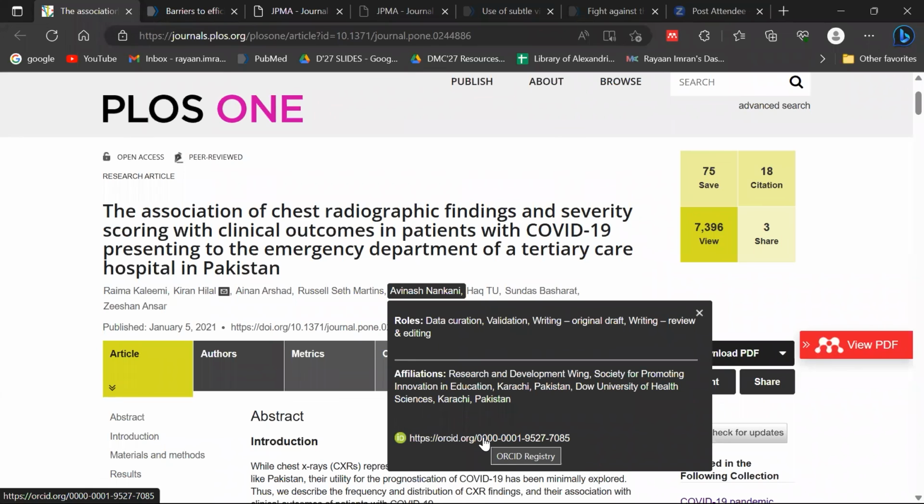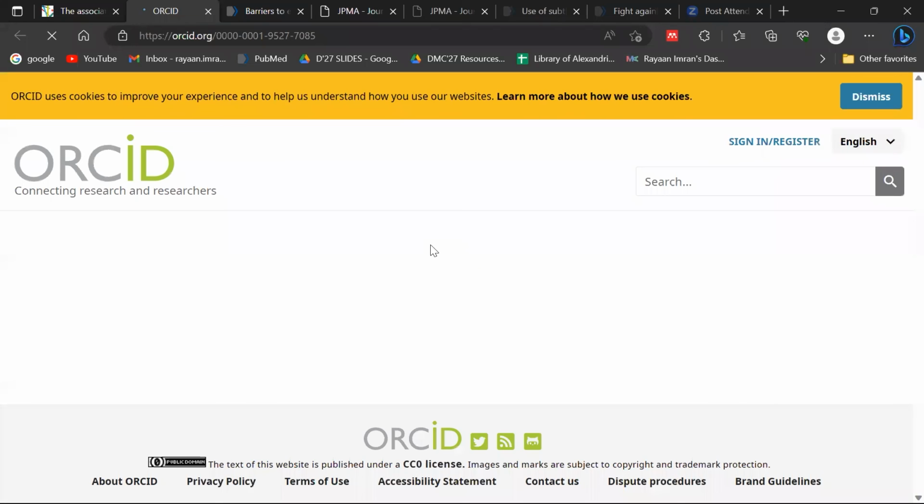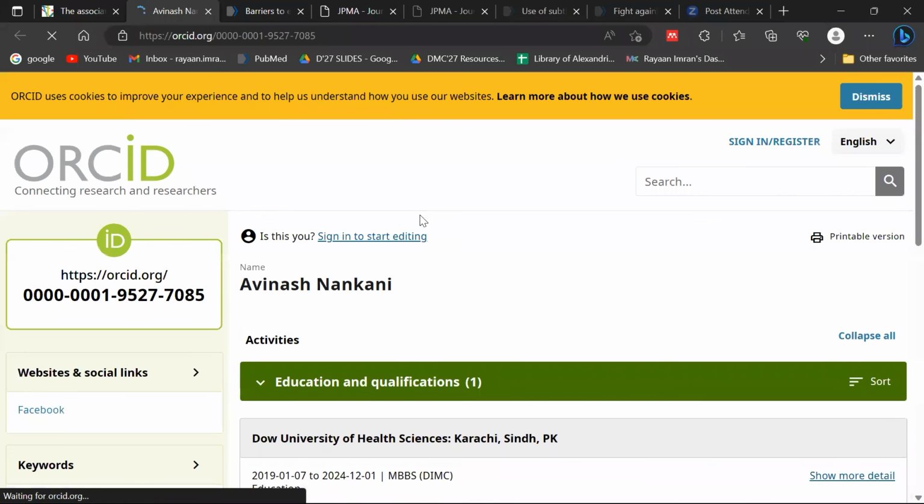So we had DOI, which was each article's unique ID card. The ORCID ID is another thing; it's like the ID card for an author, for a publisher. So Avinash Nankani, he's also a member of MedAngle. MedAngle is heavy on research and USMLE and guiding you throughout, which is amazing.